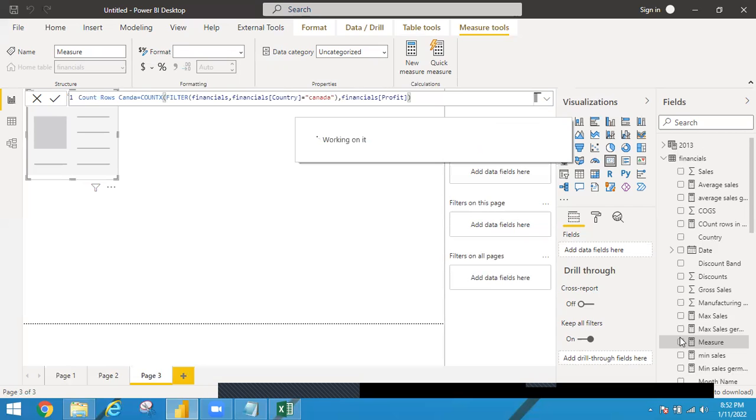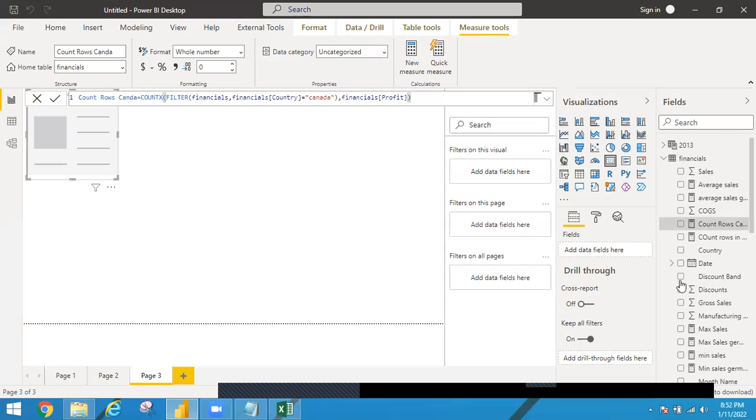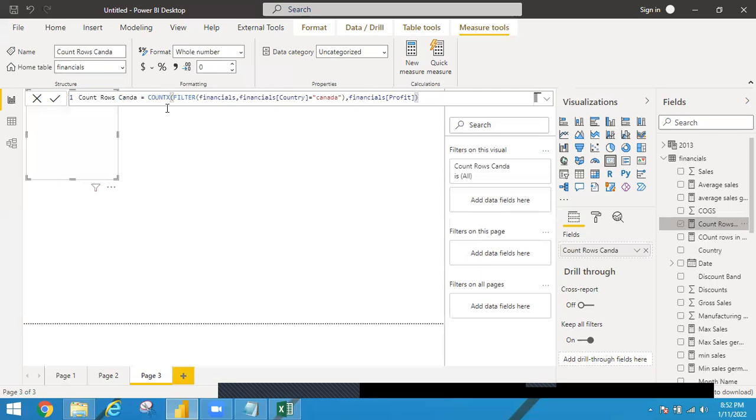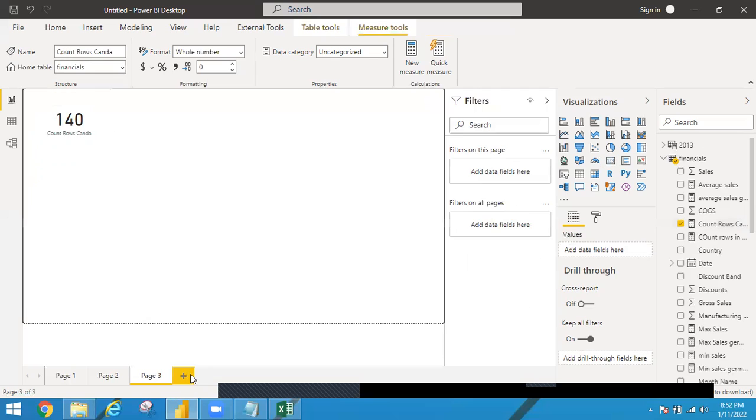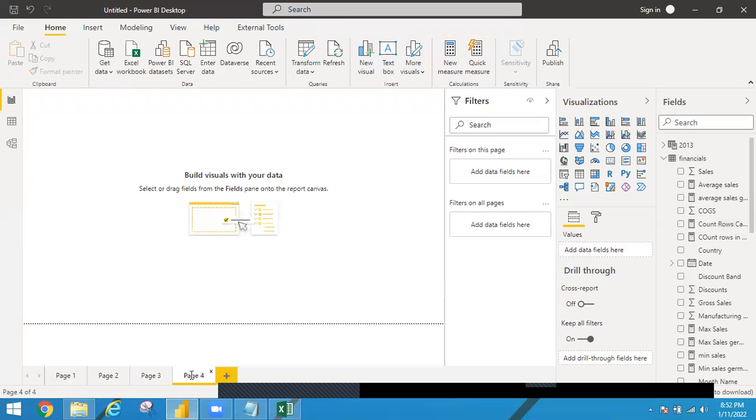Now I have done the count X for profit. Similar to this, you have to calculate minimum X, maximum X, all these things for profit column. So here only this formula will change. Okay, you have to click here to see the formula. You can see the formula, and based on that formula you can write sum x, maximum x, minimum x, average x, the other formulas. Okay, and as practice, if you want, you can write one more filter condition which is on 2013. I showed you